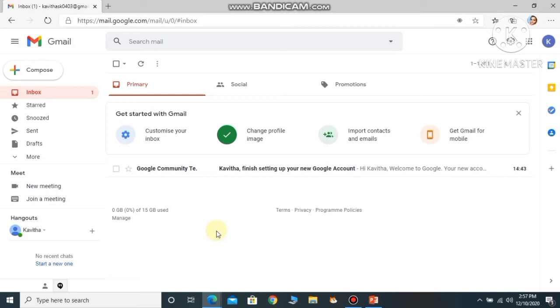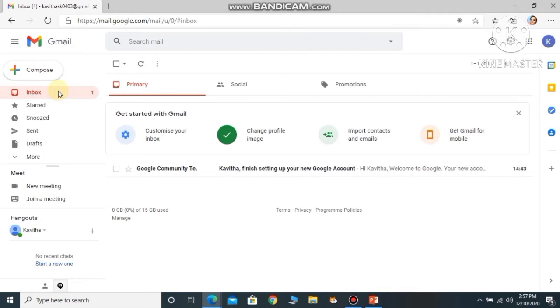Okay, children. So here you have the inbox. Hope you can see my screen. So what does the inbox contain? It displays information about all the received emails. Whoever sends mails to your mail ID, everything will be displayed in the inbox. Each message header displays the sender name, subject line, time and date when the mail is received, and sometimes the size of the message too.